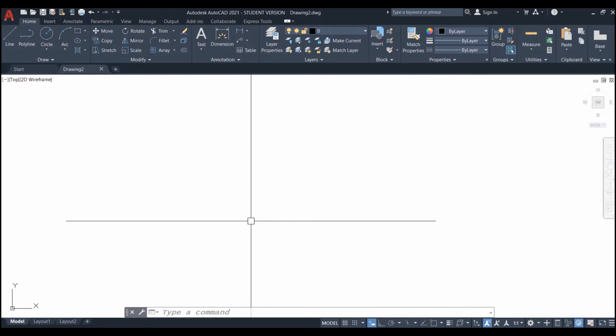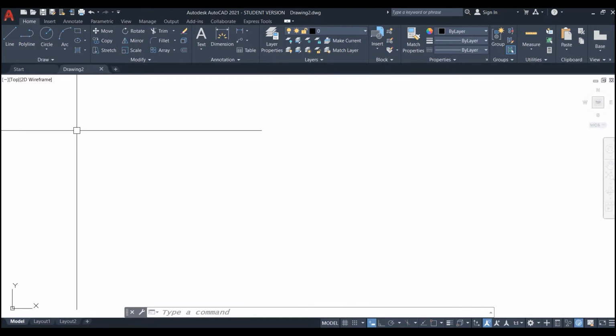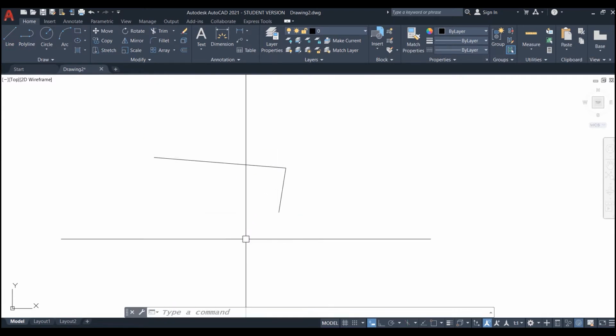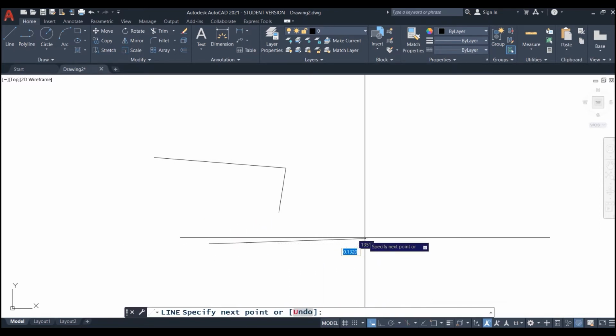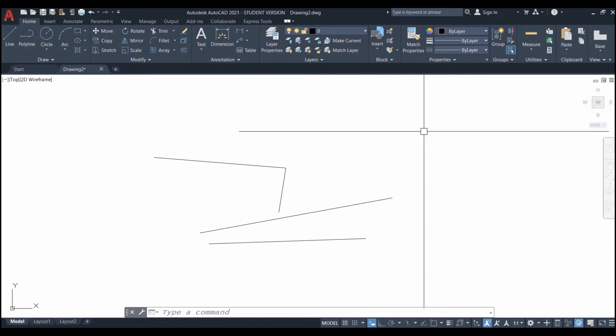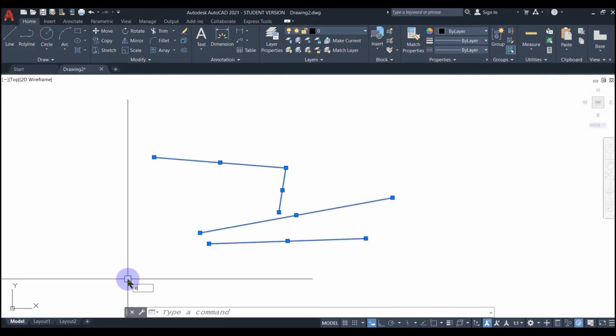Now to draw a line in AutoCAD, you can go to a lot of different places. You go to the ribbon, the Home tab, on the Draw panel. This is the Line command right here. Left click on it, or you can type in the word line, press enter, or you can just type in the letter L. They all get you to the same place. They all work the exact same way.